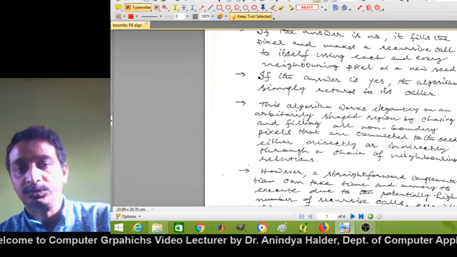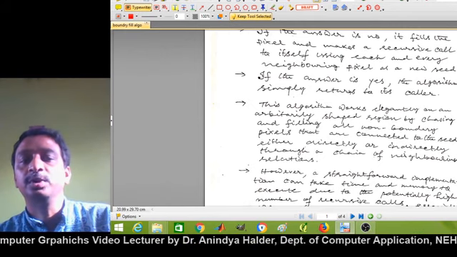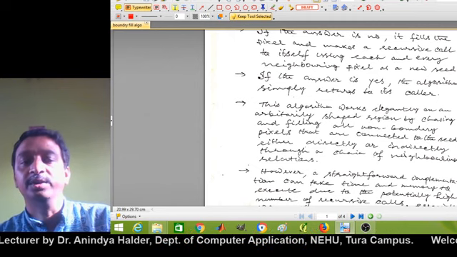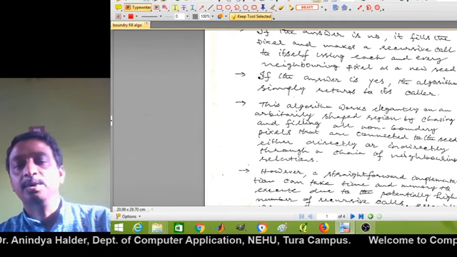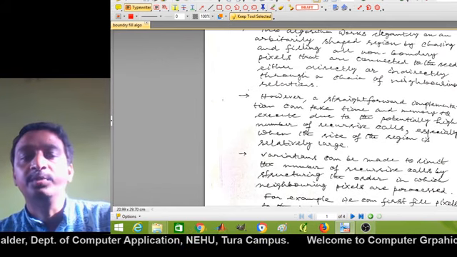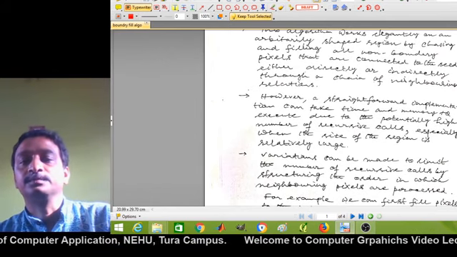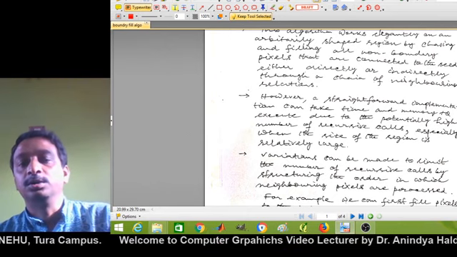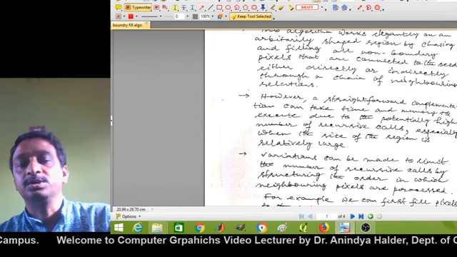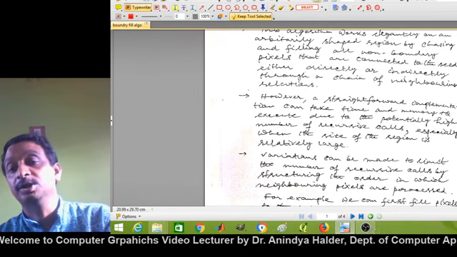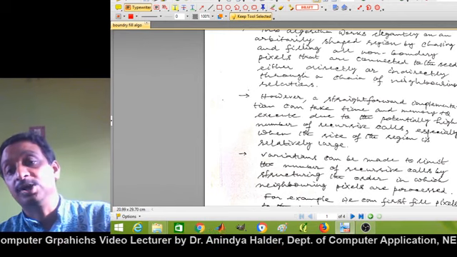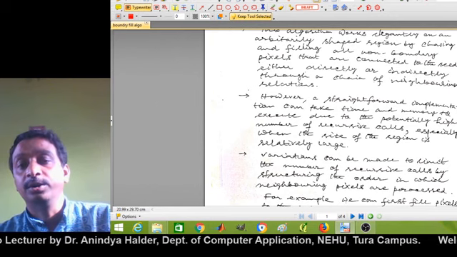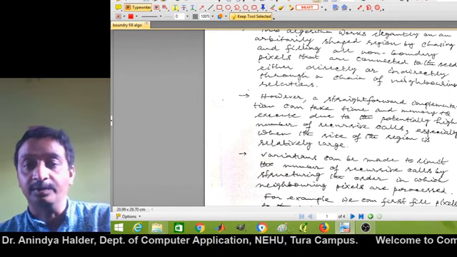by filling all the non-boundary pixels that are connected to the seed either directly or indirectly through a chain of neighboring relations. However, this straightforward implementation of this algorithm may be computationally costly as well as time consuming, both in terms of memory requirement, meaning space requirement, as well as time requirement. Why?